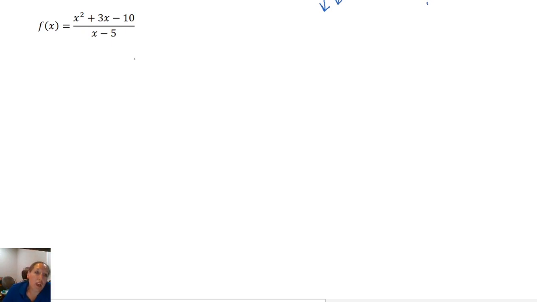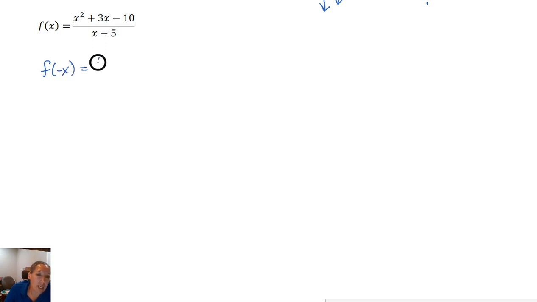So the first thing we're looking for is that symmetry. In this case, we do have an x squared and an x to the first on the same part of the fraction, as well as an x to the first and an x to the 0 on the same part of this fraction. So what we're going to see is this one's neither, but if we go ahead and do the analytic work on that,